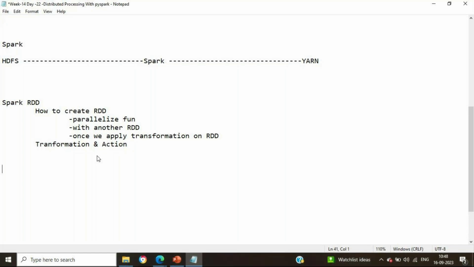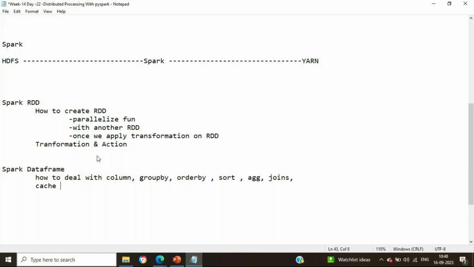Then we started Spark data frames, and from the Spark data frame perspective, we have seen how to deal with columns, like creation of a new column or selecting a particular column. Then group by, order by, sort, aggregation, joins,